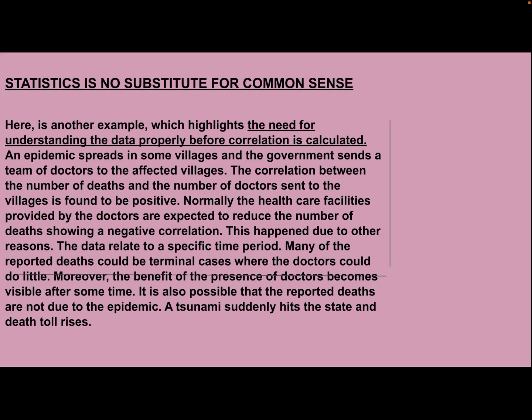It could be because of pure chance, right? The second reason of correlation, and it could be because the variables are getting affected by a common factor, which was the third reason of correlation. So, in case you find a relationship between two variables, common sense has to be used for interpretation purposes. Therefore, it is said that statistics is no substitute for common sense. That's the end of the chapter.